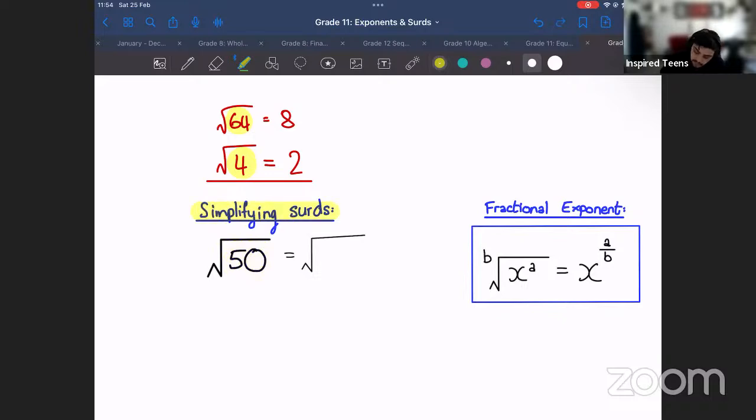I can simplify it. Maybe many of you currently just utilize your calculator to simplify surds, or your calculator already gives you the answer in simplified surd form. However, if there's a question that requires you to show your calculations without it, you need to know how to simplify surds, and sometimes it's faster than doing it in your calculator, and time is important, of course, right? So what you basically want to do,